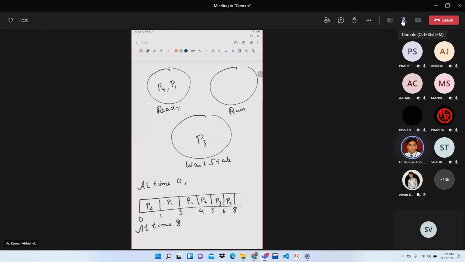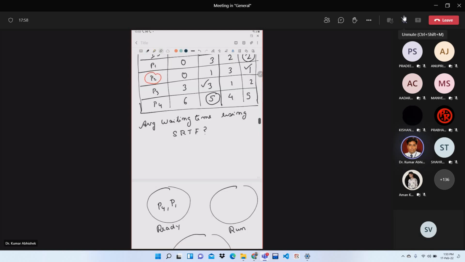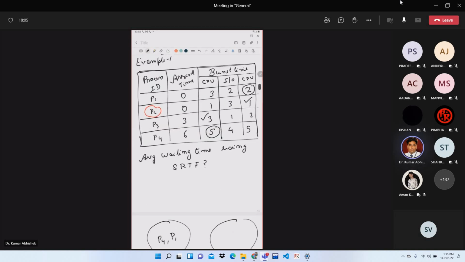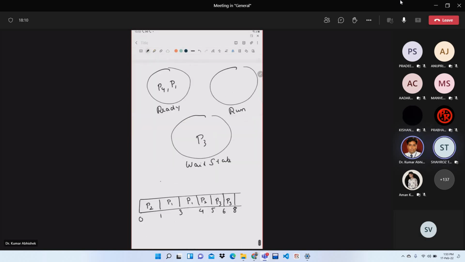At time 8, okay, we have this figure. So what will happen? Who will be executed first at time 8? At time 8, P1 has burst time of 2 and P4 has burst time of 5. So P1 will execute till time